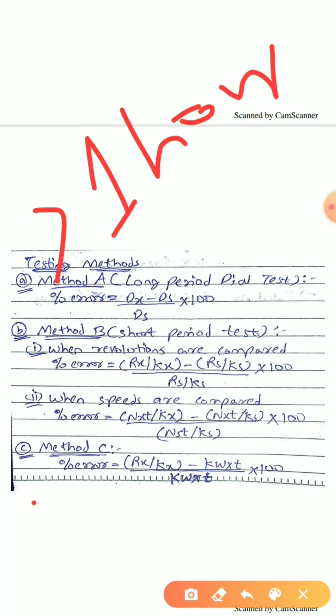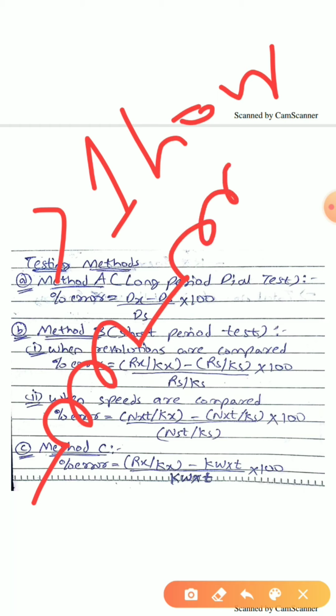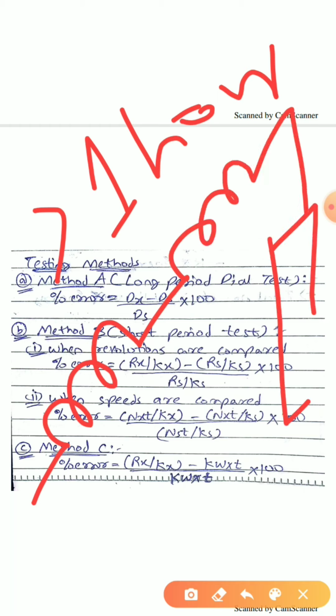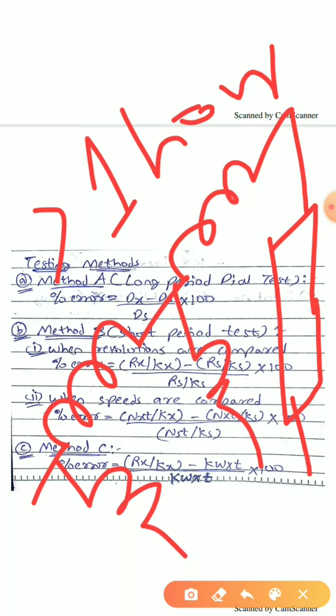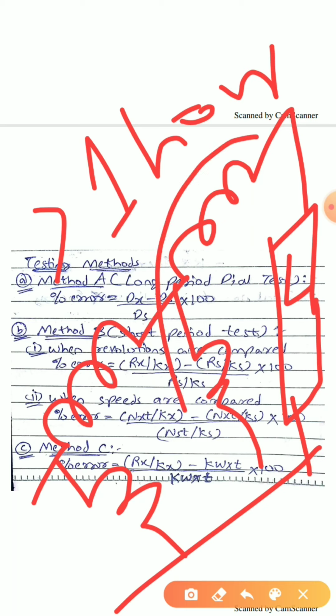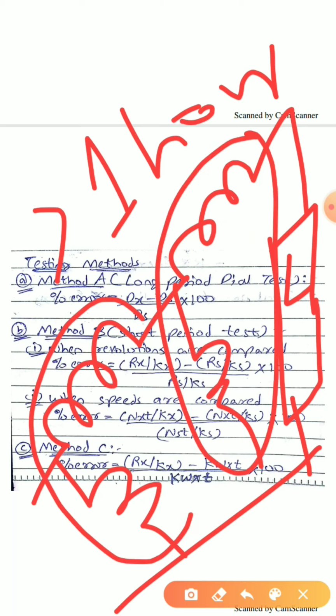Now how will we check this? A rotating standard meter is used to measure the amount of energy which is passing through the meter being tested for a given time. Now how will we achieve this? For example, across the supply, across the load, the two current coils will be connected in series and two pressure coils will be connected in parallel across the load. This is the load. This is the first energy meter and this is the second energy meter.